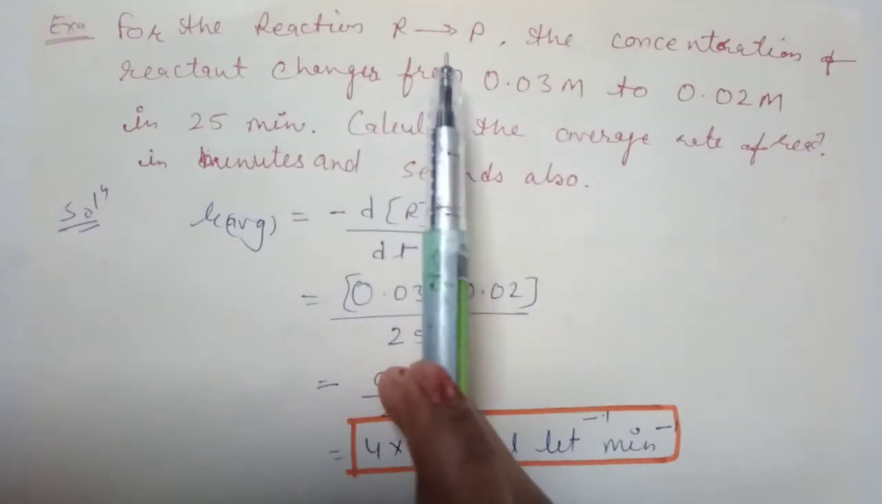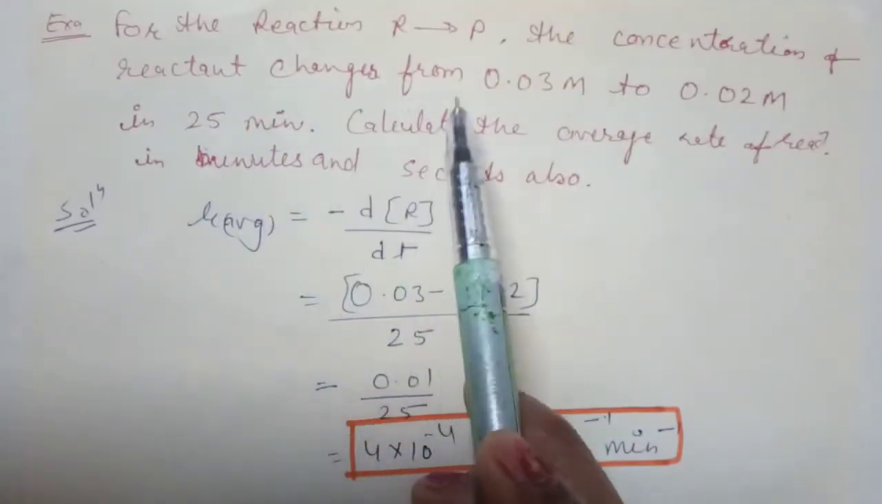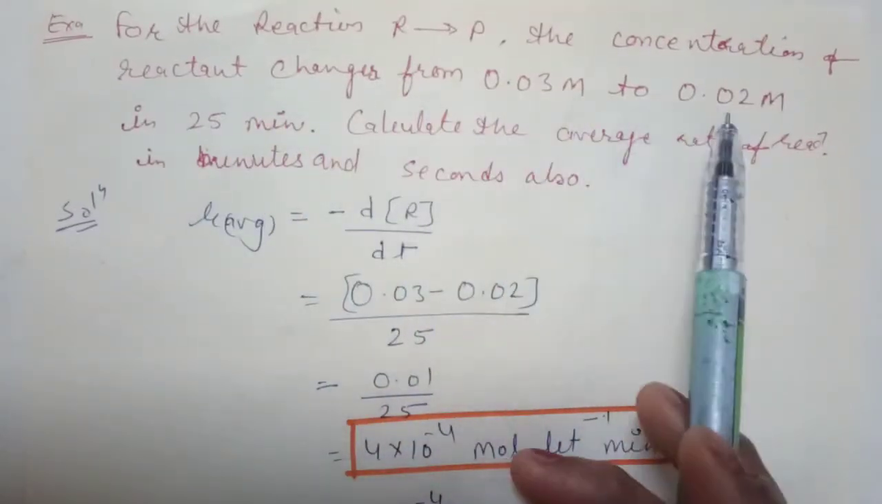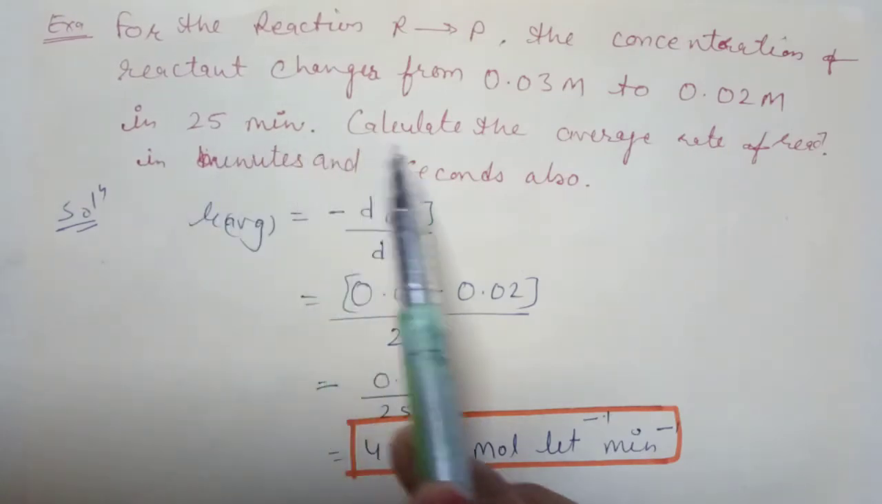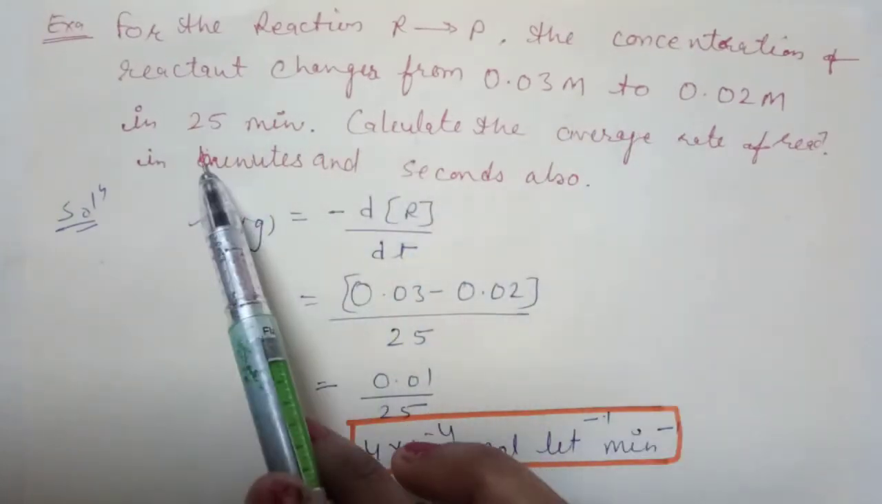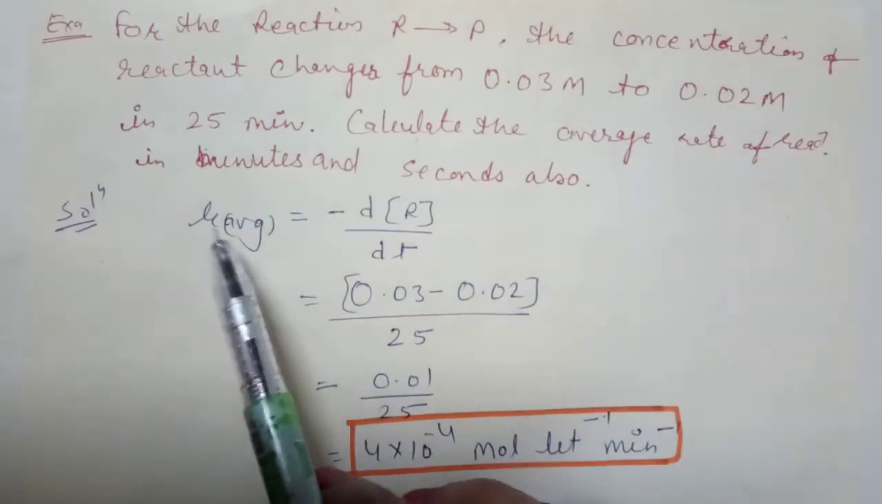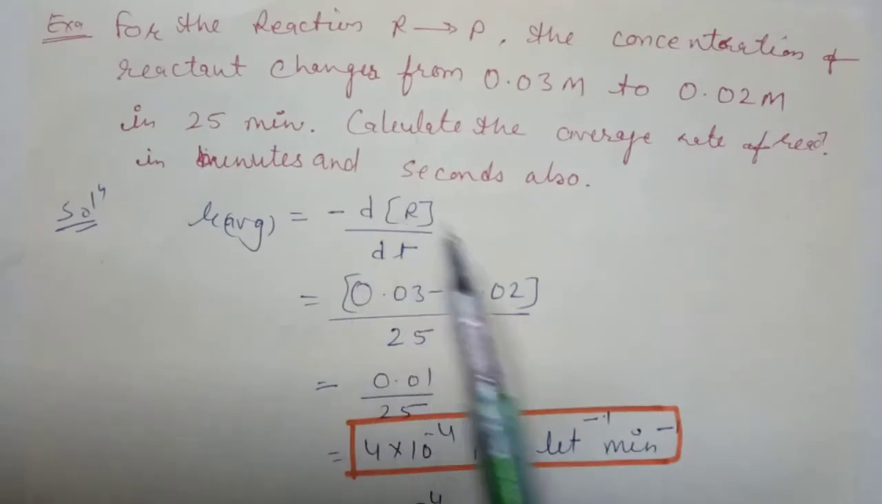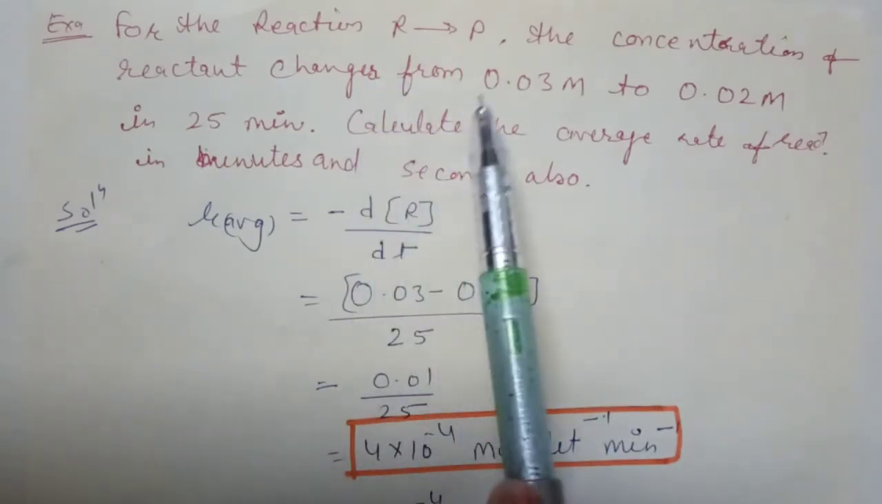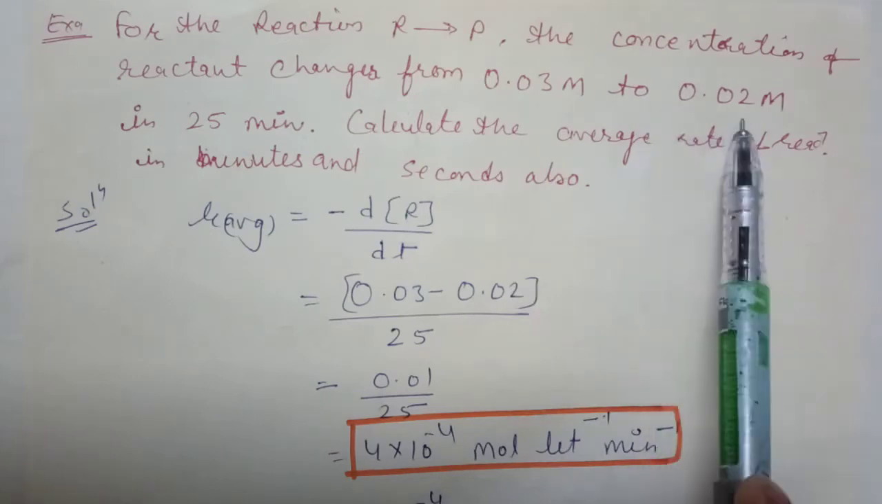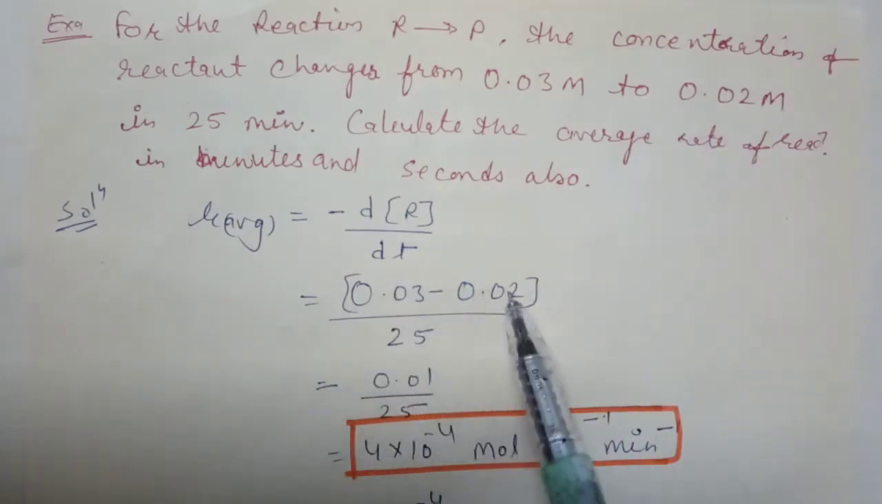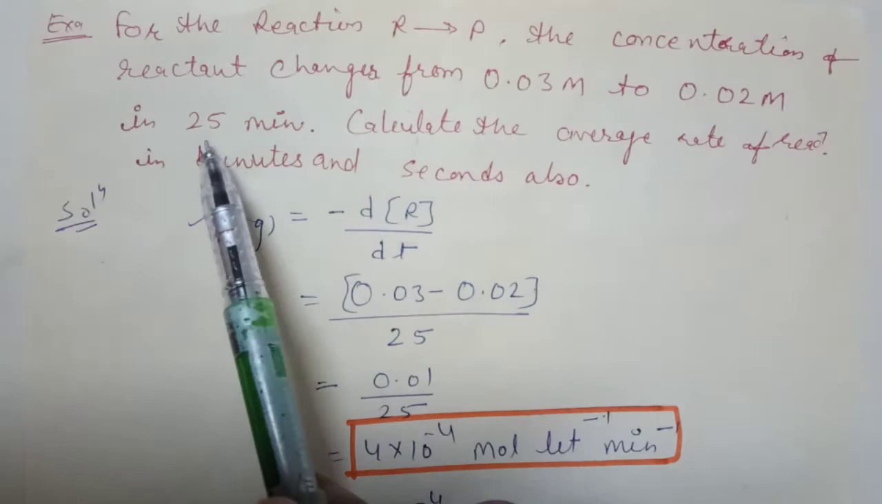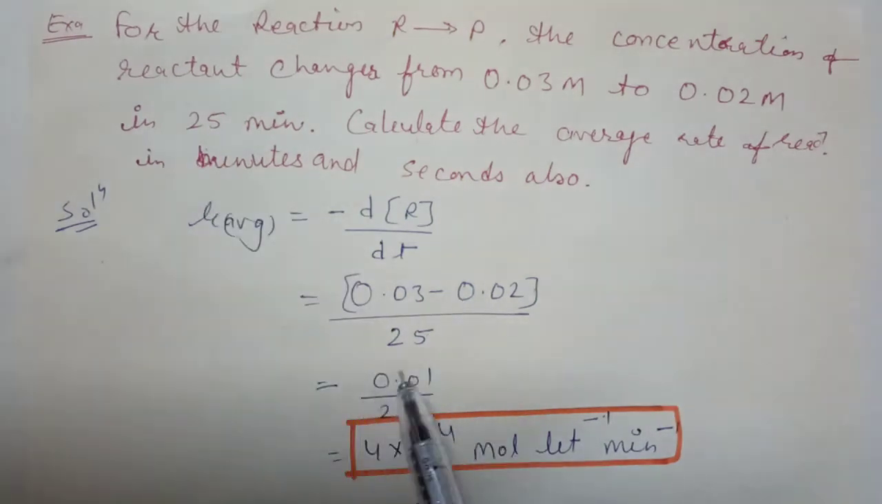For the reaction R goes to P, the concentration of reactant changed from 0.03 M to 0.02 M in 25 minutes. Calculate the average rate of reaction in minutes and seconds also. R average means minus dR upon dt. Here dR is the change in the concentration of R, that is 0.03 minus 0.02, upon time, given as 25 minutes. So it will be 0.01 upon 25, which is 4 into 10 to the power minus 4 mole per liter per